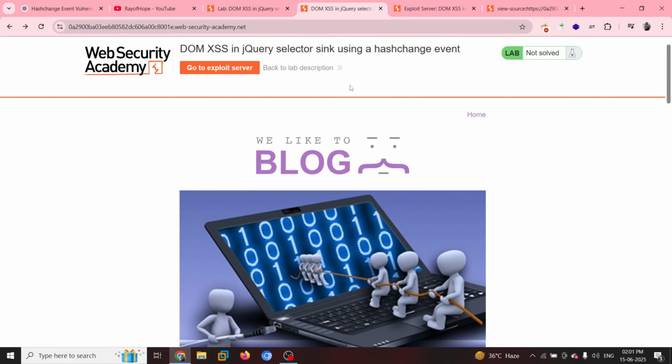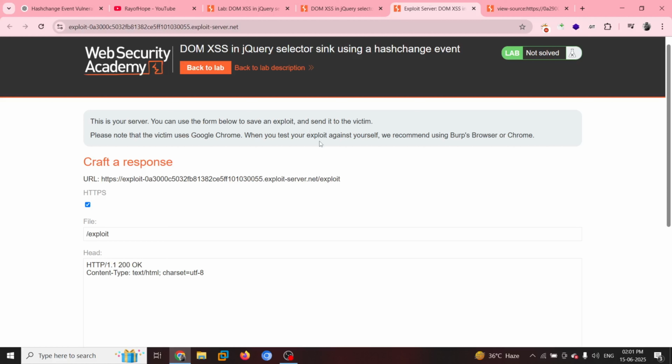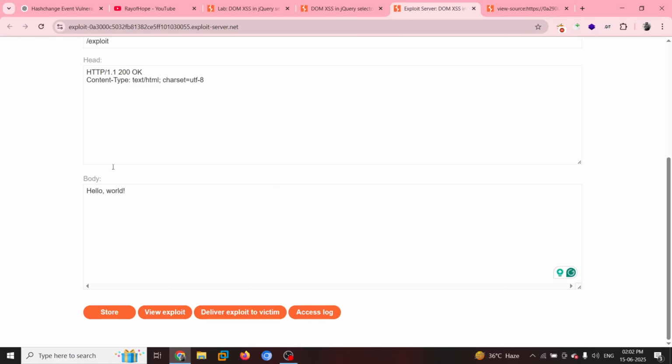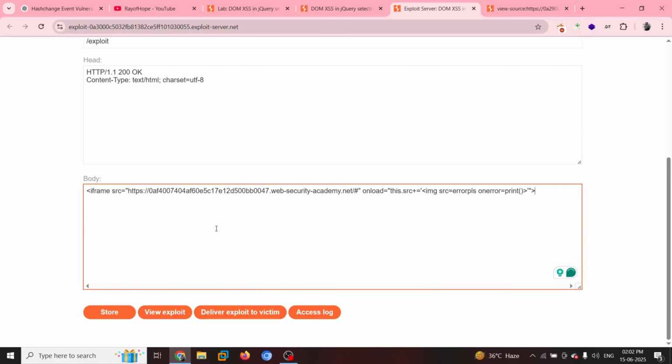For that, I'm going to use this iframe actually. Now you can see, since location.hash is controlled by the user input, we can exploit using hashchange, right? In here, iframe is basically what we're going to use to deliver the script to the user, right? This is the body we have.